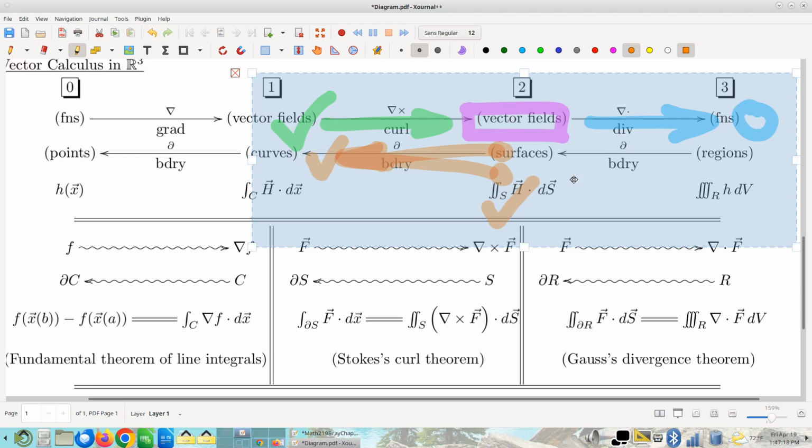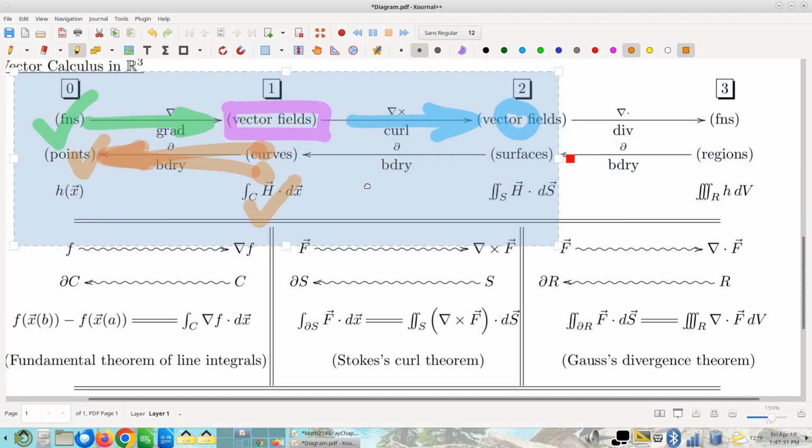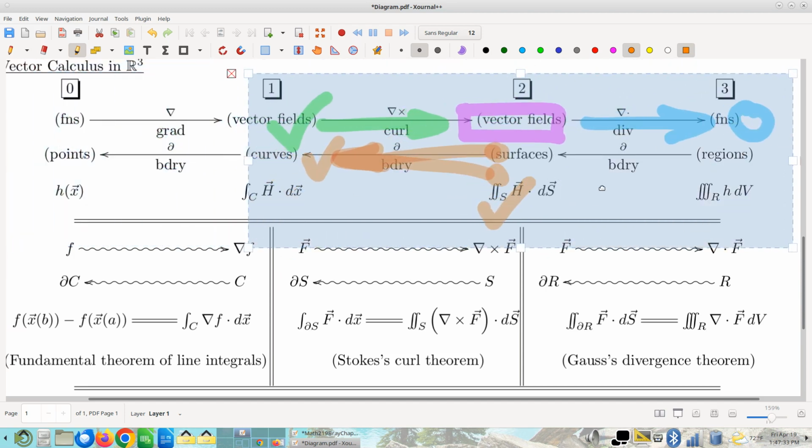Because of how we've laid this diagram out, because we've composed these operators in that order, anything that you understand about path independence, you can translate to an analogous result about surface independence. And I think this is super useful. I'll reveal that when I'm thinking about computing a flux or computing a line integral or whatever it is I might have to compute,